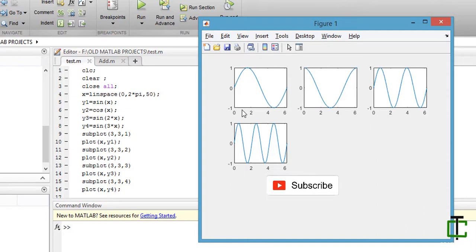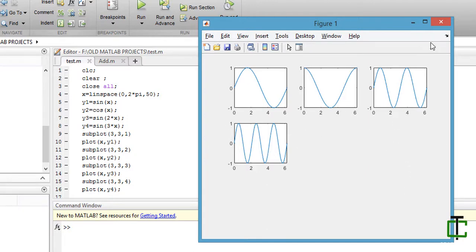So MATLAB assigns these figures in this manner, first, second, third, fourth, in row-wise fashion, but I have not mentioned anything for the 5th and 6th figure, so it remains blank. Now I think you are clear how to plot different figures inside a single plot.